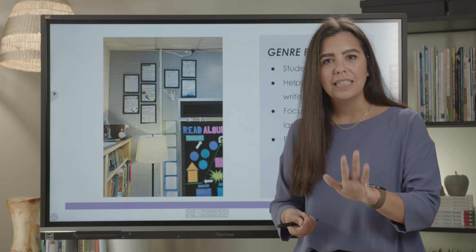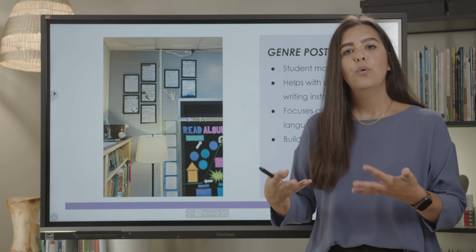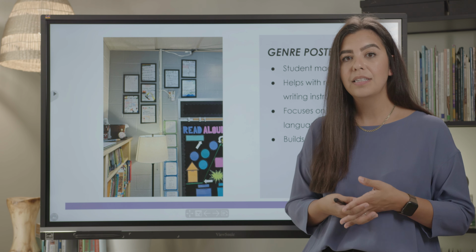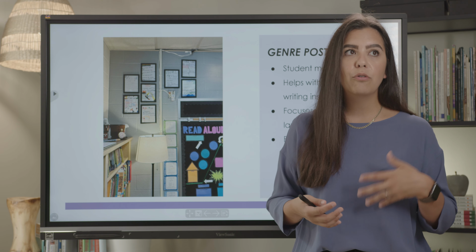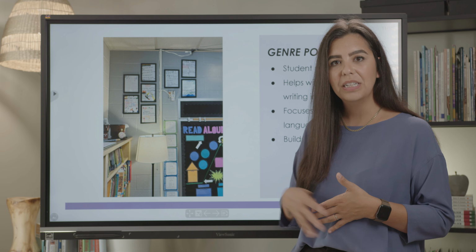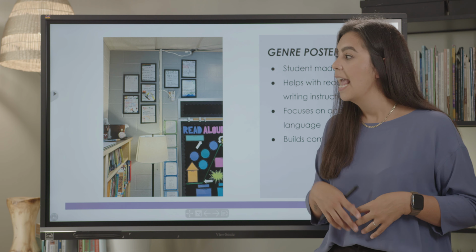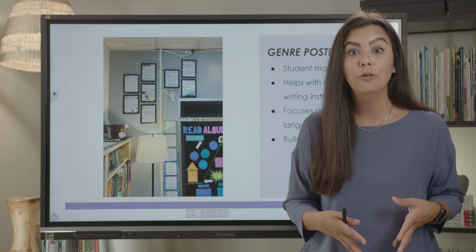Again, it's something else that is available within my store. But one of the big pieces is that after we had some time to familiarize ourselves with the genres, I would put them into teams. I would give them some different research areas. So I would give them a resource online. They would have a paper resource. I would give them various books that they were able to explore. And then they were able to create a poster